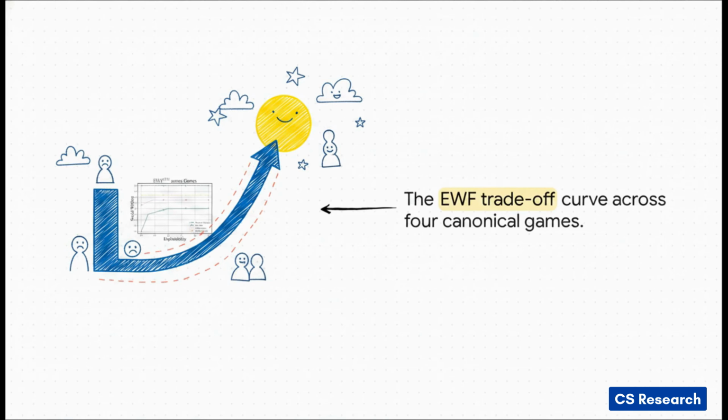Plotting exploitability on the bottom axis against social welfare on the vertical axis reveals this exact trade-off across 4 canonical games. Focus on that solid blue line for the prisoner's dilemma. At 0 exploitability, all the way on the far left, social welfare is stuck at a terrible 0.4. But look at how steep that curve is. By merely allowing the exploitability to slide just slightly over to 0.1, the social welfare rockets straight up to 1.0. This chart pinpoints the exact specific moment where letting go of absolute paranoid individual safety unlocks absolute peak social welfare.